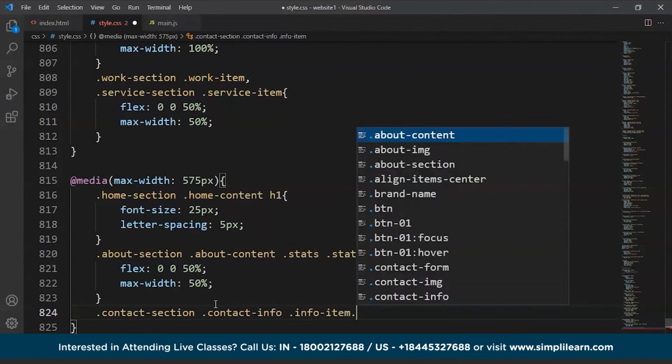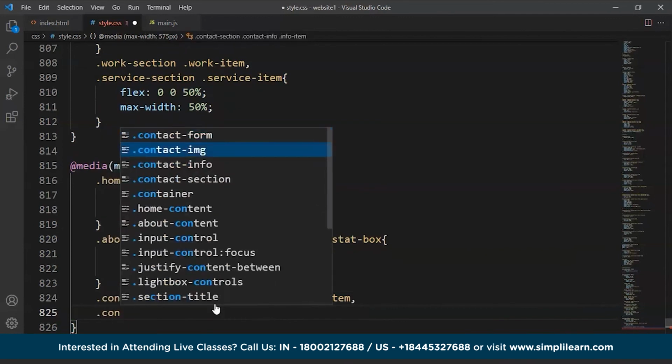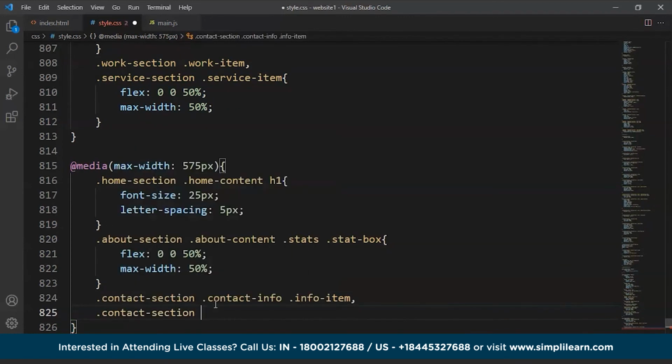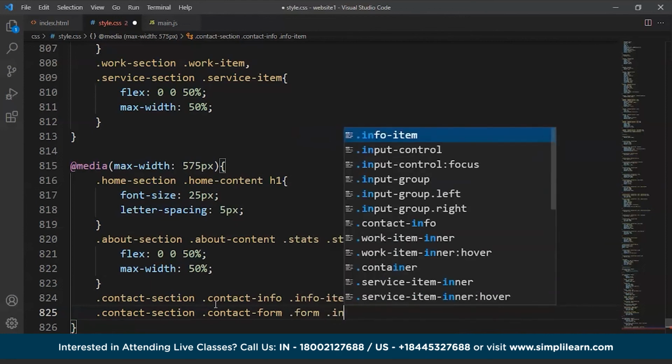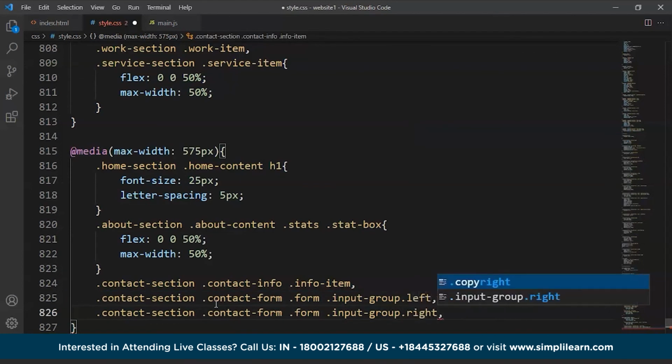Now after a comma we'll write .contact-section again, then we'll access .contact-form, then .form, then .input-group-left. Fine, and we'll do the same thing for the right input group as well. So we'll write .input-group-right,